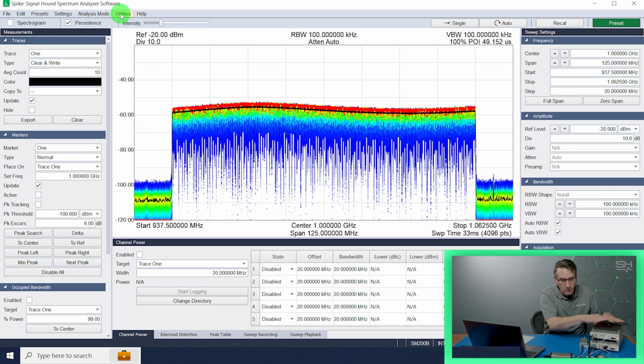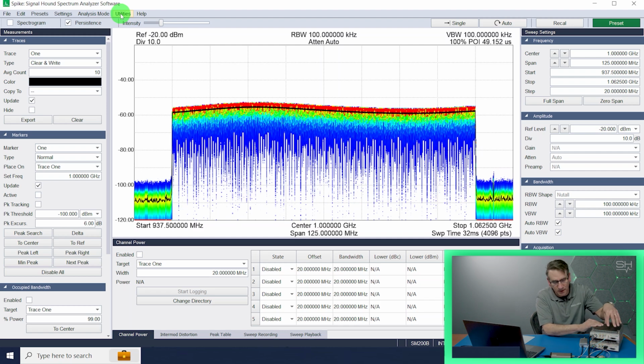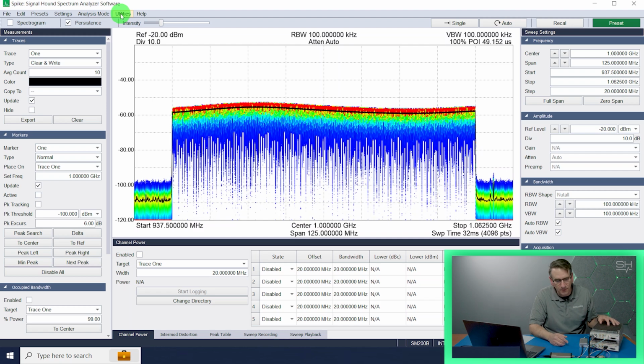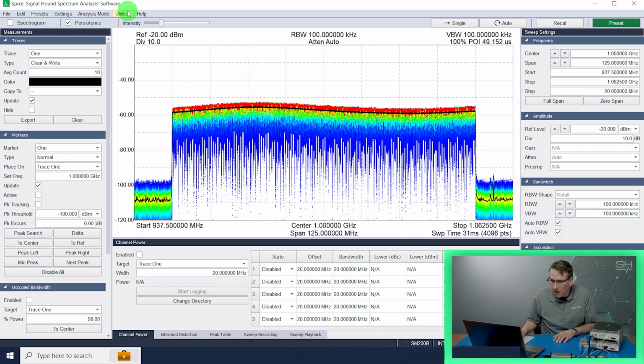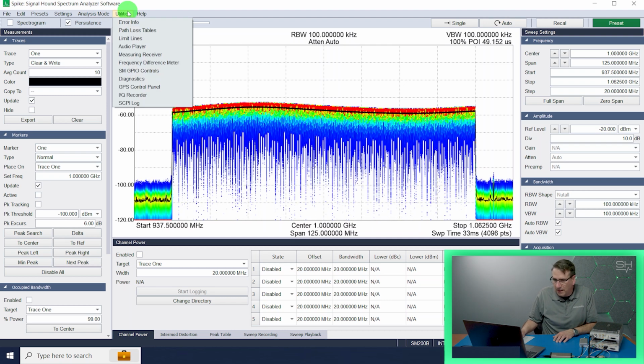If you need to remotely locate the SM from the PC up to 10 kilometers, well, then you want to look at an SM200C again, because with the fiber optic cable and the correct transceivers, you can be up to 10 kilometers away from the PC that's actually running Spike and showing the application and showing the FFT plots. Okay. And I can show you that by going to